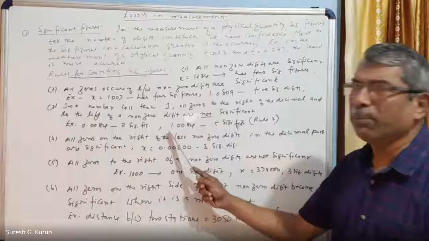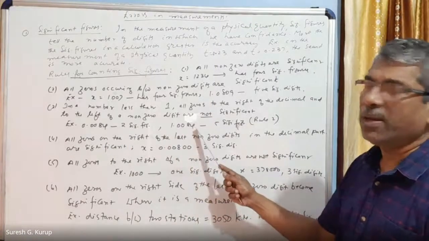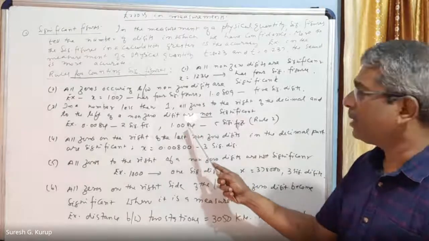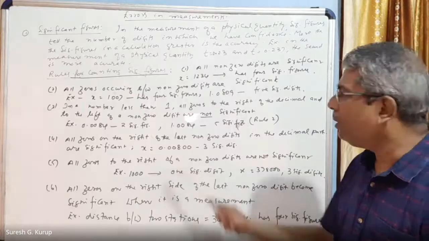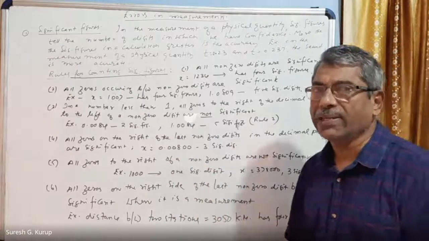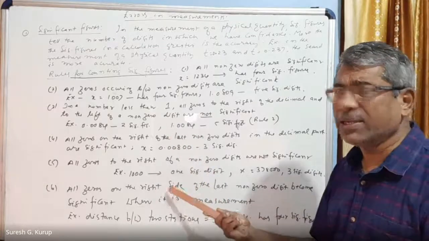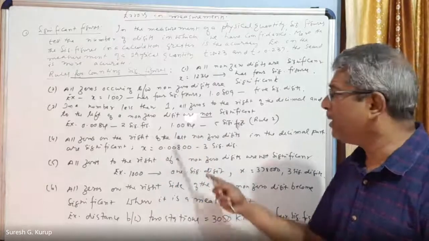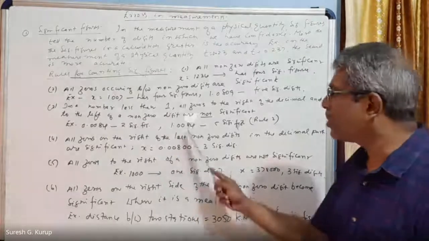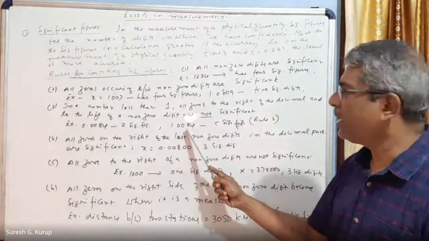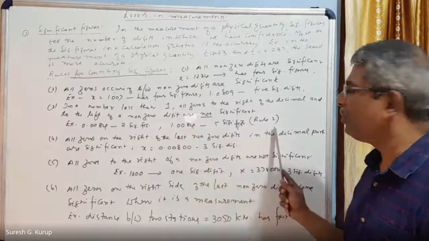Now see the next number, 1.0084. So in this case, this is rule number 2. That means between two non-zero digits, if zeros are appearing, all these zeros have to be taken as significant figures. So in this number, you see, here also the decimal is there and zeros are there, right? But these zeros appearing here are between two non-zero digits. That has to be taken as significant figures, right?